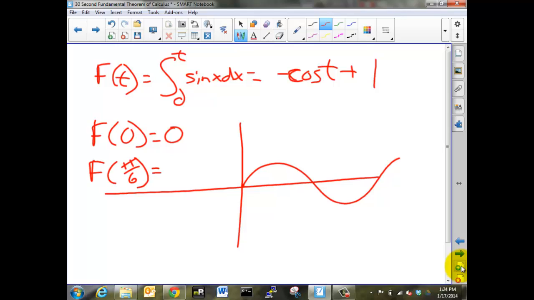Well, what about pi over 6? What's the cosine of pi over 6? Can anybody tell me? Pi over 6 is right here. It's root 3 over 2. So we'll put root 3 over 2 here, with a negative sign in front of it: 1 minus root 3 over 2. What does that mean graphically now? Well, pi over 6, let's say, is right there. That's probably too far. Pi over 6 is right there. So suddenly the area right there has become that amount. And if we do pi over 4,